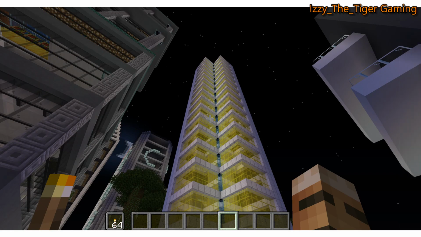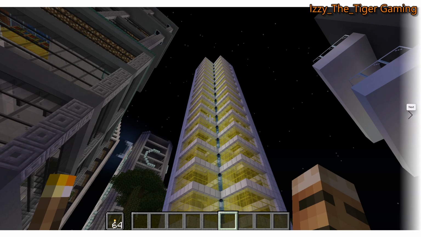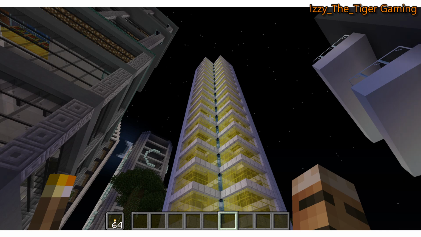And there's the last shot of my skyscraper before I dismantled it. I liked the way that it looked, but I wanted to have a functional building. This didn't really serve any purpose other than looking good. And this iteration of the building didn't hold a candle to the old class building, so